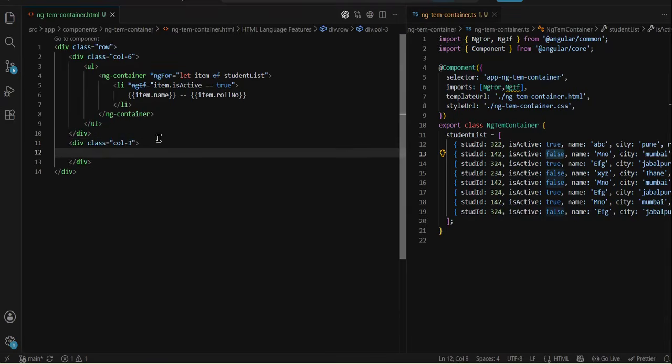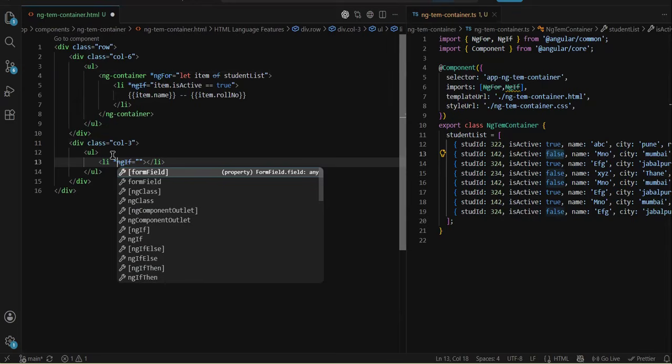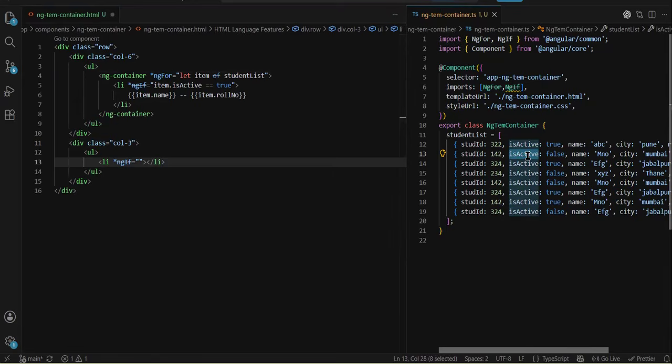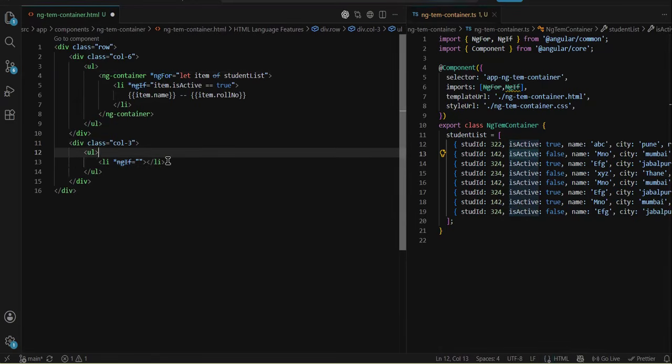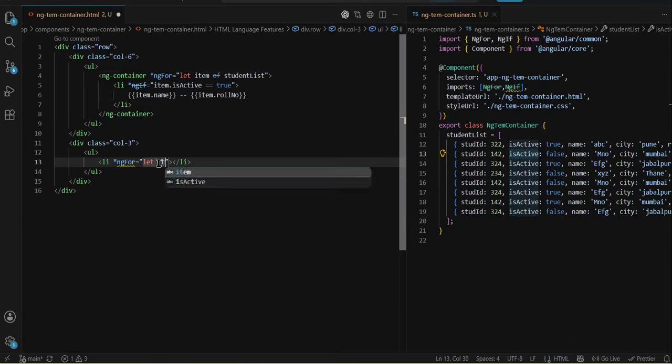What do we call it, ng template? Let me try to render the same thing again. So we will have ul, and inside that we will have li. Now I will use ngIf over here, or wait, we want to iterate on this, and if this is true, we want to render this, otherwise that. So on li, I will render *ngFor: let item of studentList, and in this I